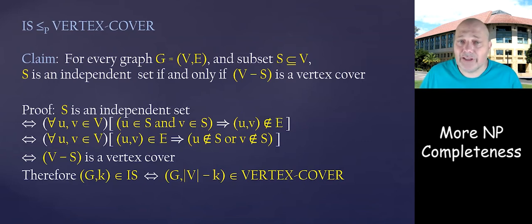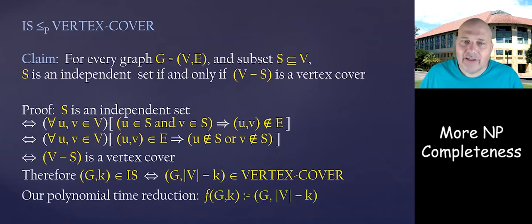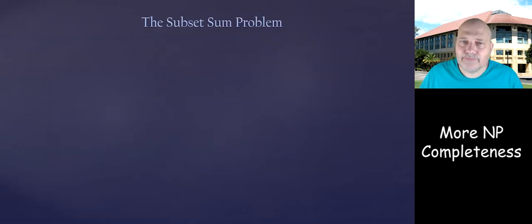The reduction is polynomial time. You take the same graph G, you just count the number of vertices and let's say it's n and output n minus k. So our polynomial time reduction takes G, K and transforms it to G and the size of V minus K. Polynomial time reduction, and we proved the if and only if. Okay, so this is enough